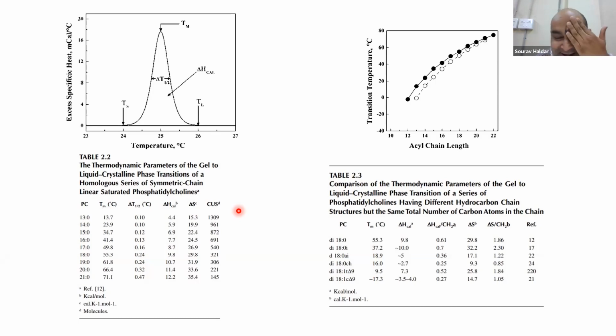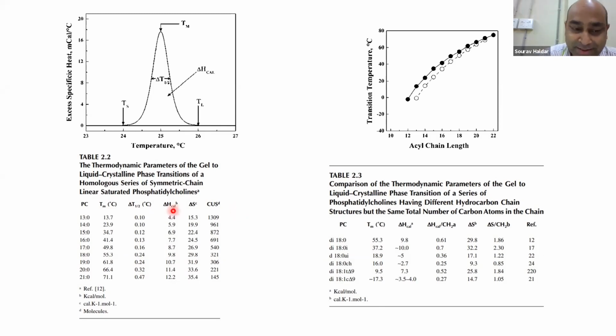As a matter of fact, in typical membranes, we do not see a pure gel phase or pure fluid phase. What we see sometimes is known as a liquid disordered phase or liquid ordered phase. In fact, a raft is nothing but a liquid ordered phase. So it's a sort of middle ground between the complete liquid disordered phase and the solid ordered phase. That's why it is called a liquid ordered phase, or LO phase.